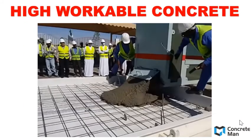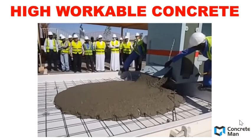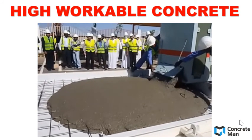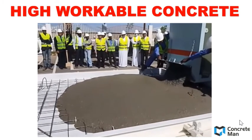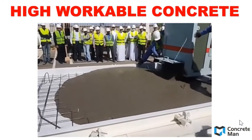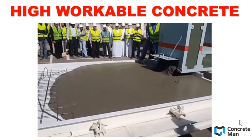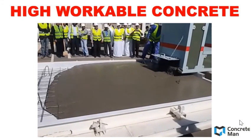However, if you are using high workable concrete, have a look. High workable concrete can flow to all the corners by itself because of the high liquidity of the concrete, and a lot of people just stand beside and observe the whole process. Eventually, high workable concrete will give you a very smooth surface and less bubbles, and it will give you a denser, more durable, stronger concrete because of its ability to consolidate through all the corners and